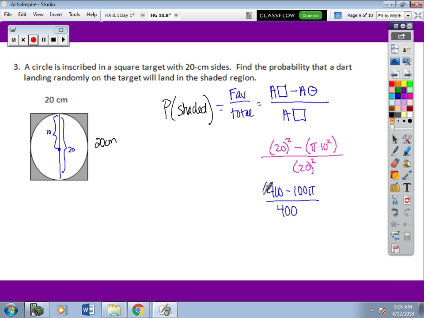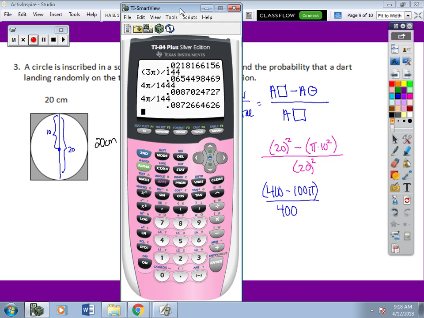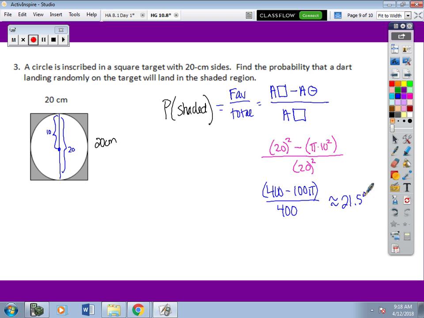And then you can just put that all into your calculator if you want. Just put some groupings around your numerator, and you should get your percentage. Again, multiply by 100 or move your decimals, and we should get 21.46, so we'll say 21.5%. Now, all of the questions in probability can be different. They don't have to all have circles in them. They could have like a hexagon with a triangle inside of it. You could use all of your area formulas. Jeremiah? I solved for the area